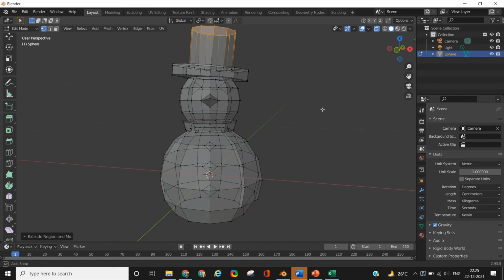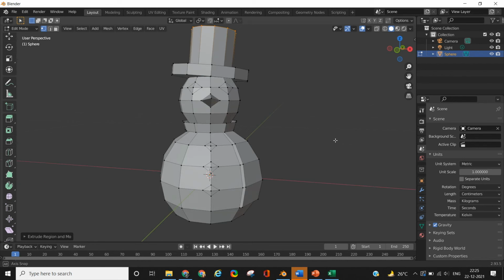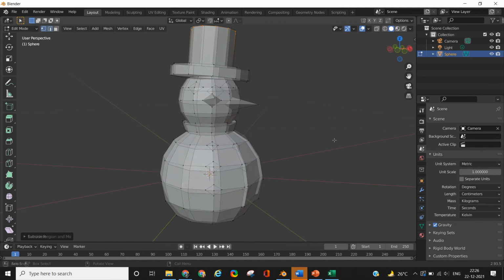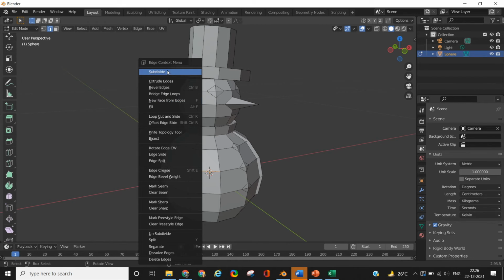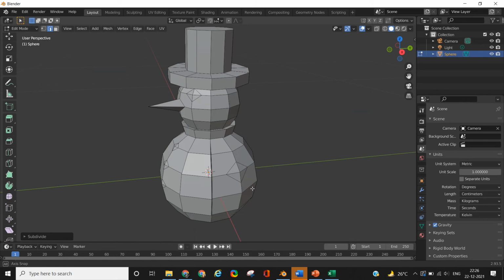So once you are done with the hat, we are now almost finished with the snowman. The only thing that is remaining are the 2 arms which we are going to create on the sides. So for the arm, decide on a vertex on the side of the snowman and follow the same procedure as we did for the eye to create that rhombus.